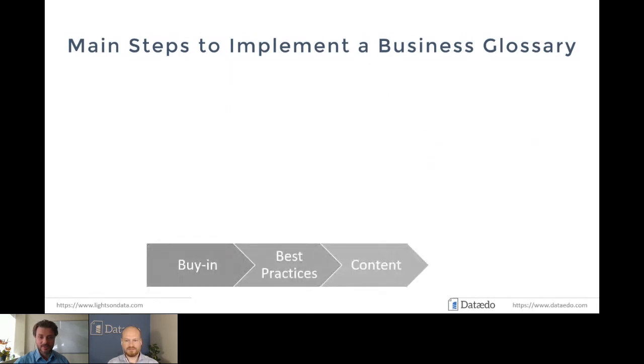Which brings us to the third point, which is the content itself. My recommendation is to start focusing on a business area. It can be challenging to actually just go and focus on those organization-wide terms. So again, things like employee, customer, patient, alumni, what have you. All these organization-wide terms, product might be a great one too. They're hard because it involves a lot of business units to provide their take, their feedback, and it can take